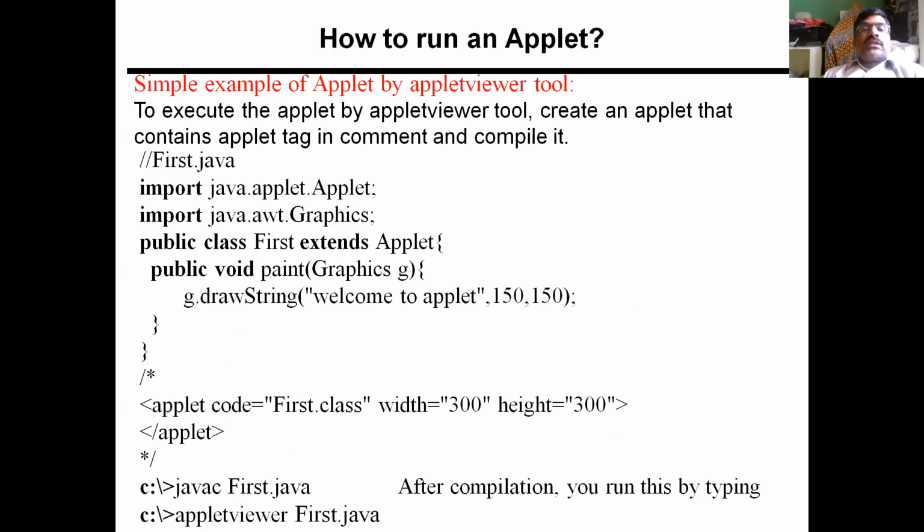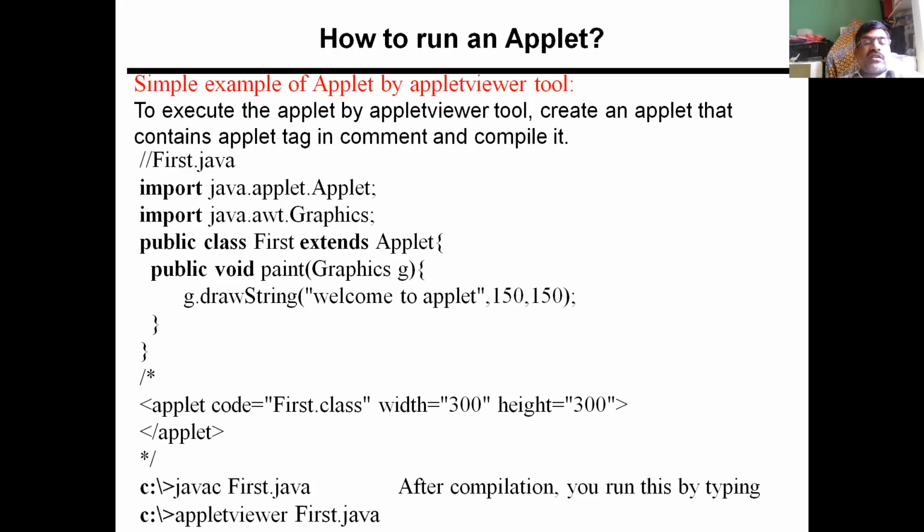Now coming to the second method of executing applet programs, that is by using the appletviewer tool. To execute the applet with the appletviewer tool, we follow these steps, similar to the first method. You open Notepad and type the applet code, and after typing it, you type an applet tag within a comment at the end of this program.